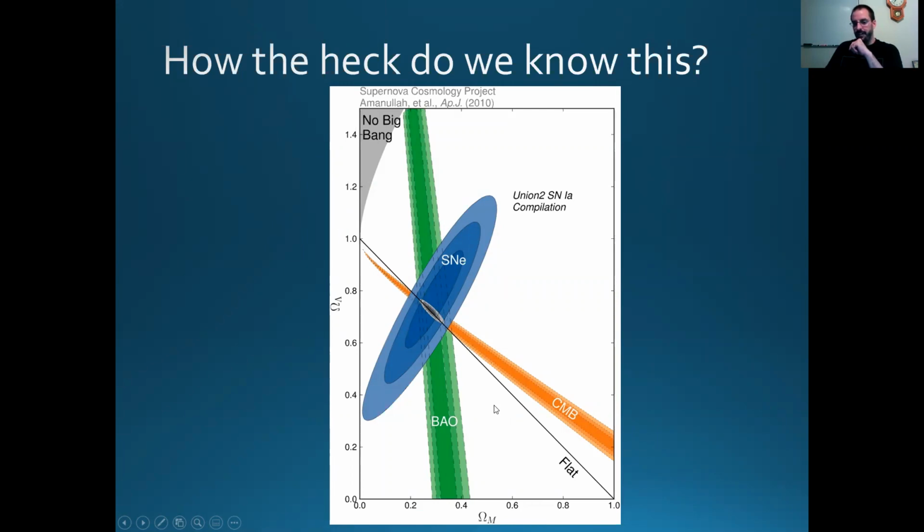And this little diagonal line here that says flat, this is the line for which the total omega is equal to 1, and this is very, very special. So again, I think of this sort of like a detective story. Let's say a defendant is on trial for murder, and there's a bunch of different lines of evidence. You have the defendant's fingerprints, you have the victim's blood found on the defendant's clothing, the murder weapon belonged to the defendant, you have videotape showing the defendant at the crime scene, you have a motive.